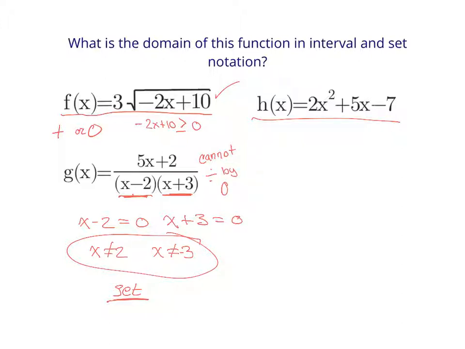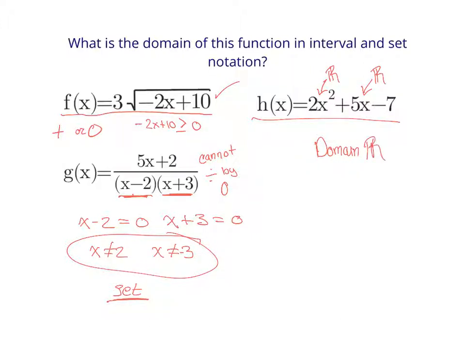With h of x, I can square all real numbers. I can multiply 5x by all real numbers, and I can subtract all real numbers by 7, right? There's no limit to a number that I can square, a number that I can multiply by 5. So this means that my domain